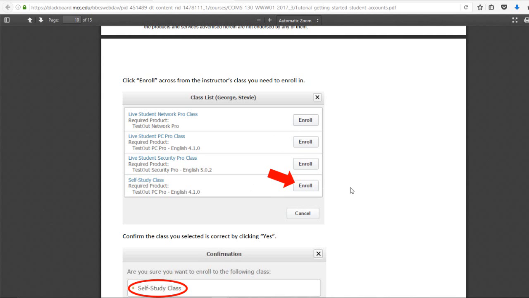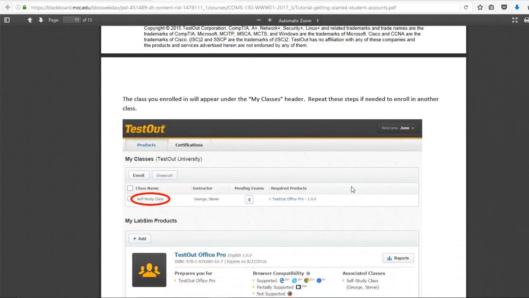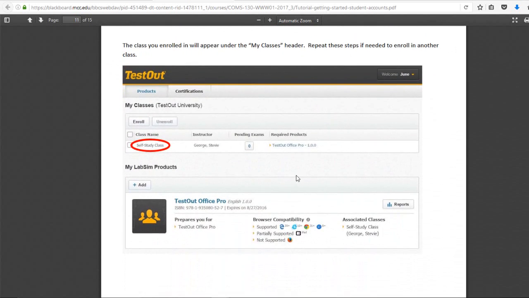So be very careful that it is Winter 2017. Those are the main things where students get confused or don't enroll properly. Hopefully, after the start of the semester, by probably the end of next week,